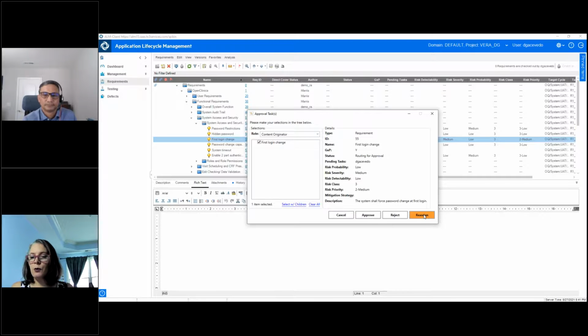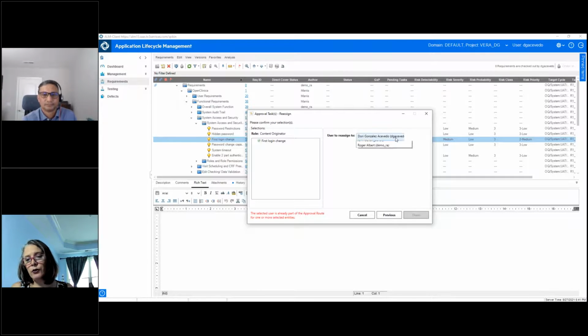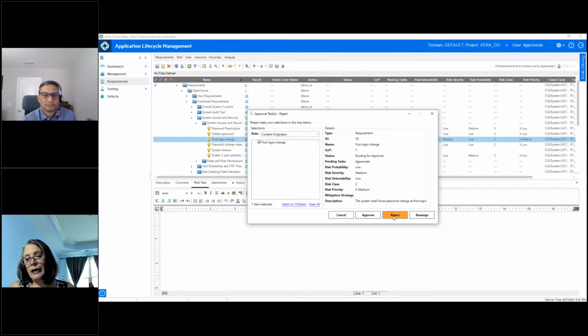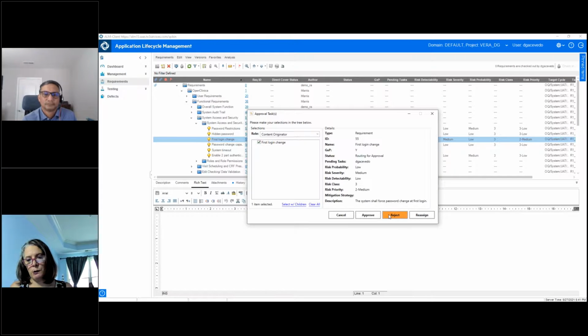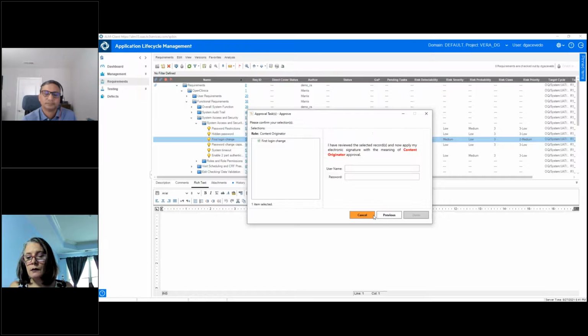3 options. You can always reassign, where you can select any other person in that particular group that really needs to be there, or I can reject that task and say why, right? You have to enter a reason in order to reject, and then you would press done. I'm not going to do that for demonstration purposes. And then the option is you can approve. And so when you hit the approve button, you are prompted by your electronic signature